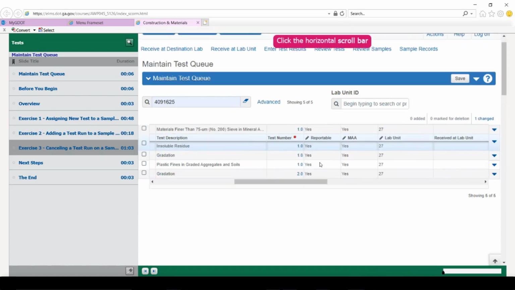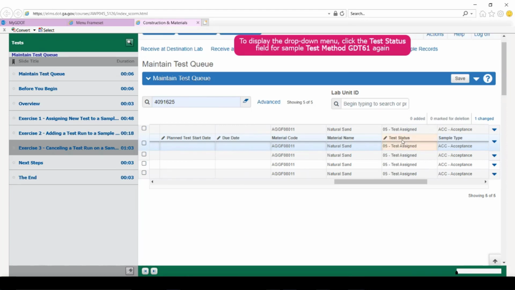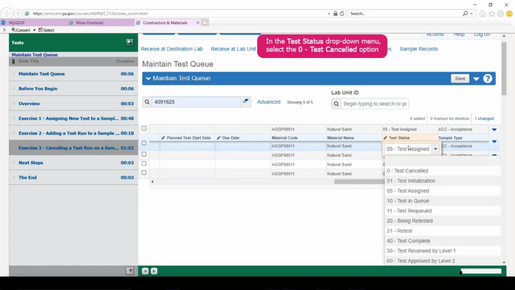And then once we move it over, and click the test status field for GDT61, when I do click it there, it changes it to yellow. And then the test sample method, if you click it again, it's going to open up a drop-down menu, and you can specify test canceled.